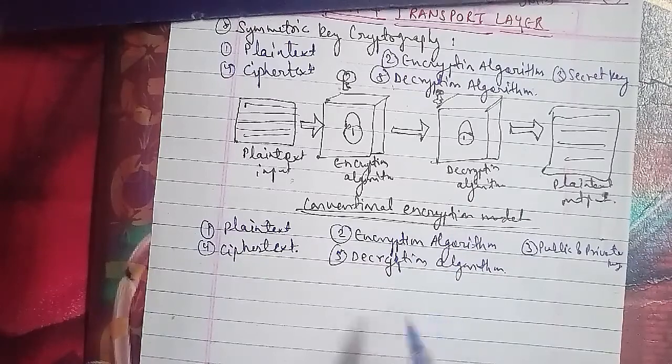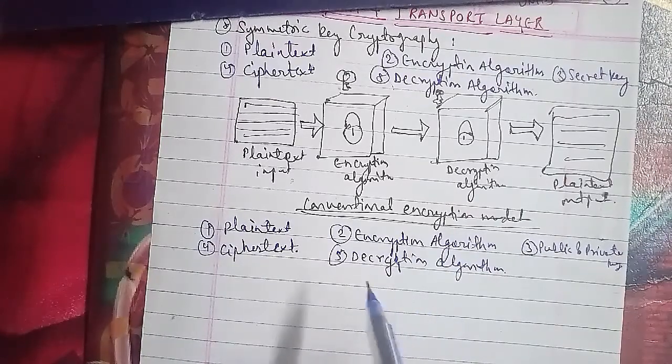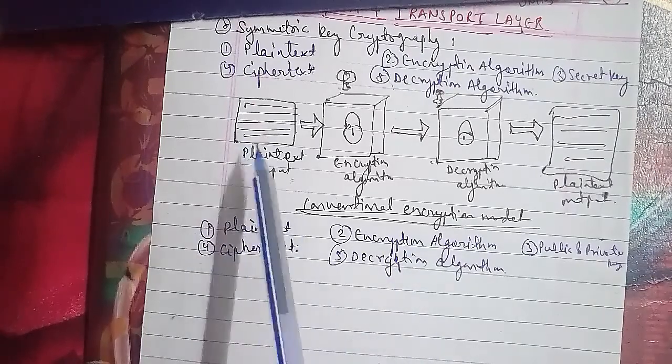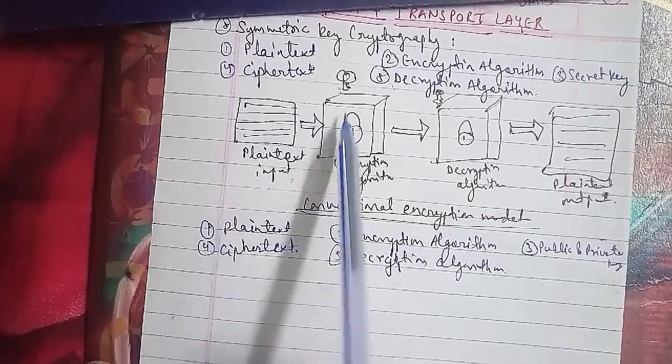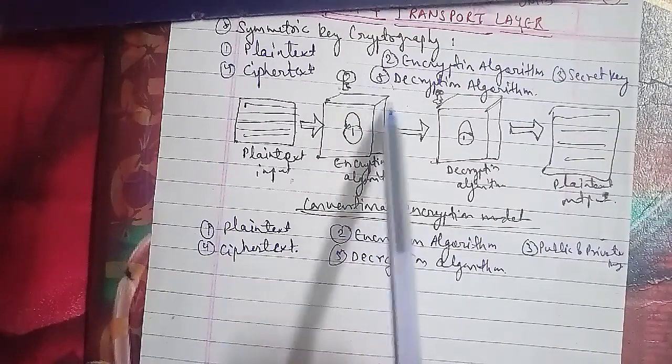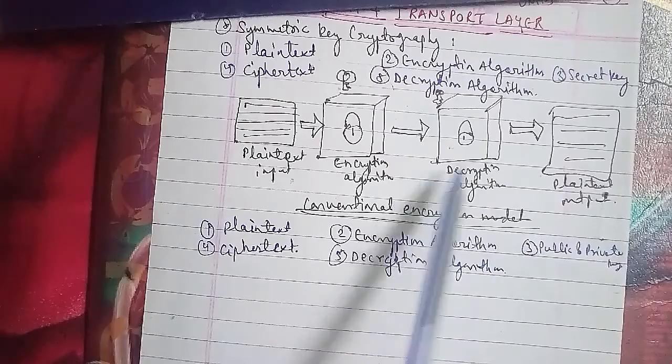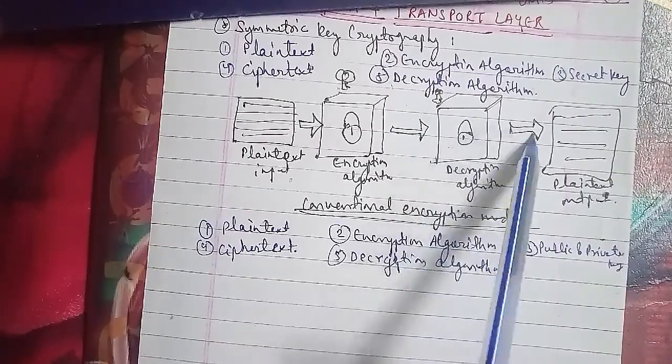Where the plain text input has been sent to the encryption algorithm, that is your Bob's private key, and that is the transmitted ciphertext. So Bob's public key will be used to decrypt the ciphertext, and then of course it will give the plain text output. This is public key cryptography.